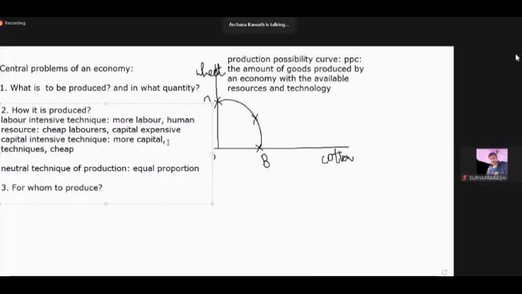You have seen how it has to be produced, what method should be applied for the production, and the next important target is for whom you have to produce. I'll give the explanation for this question with the help of one example of the Indian economy. As I said, we have 135 plus crore people in our country, which is classified into two on the basis of